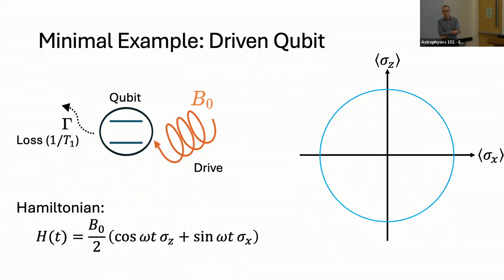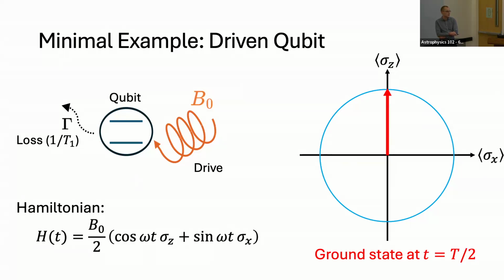Here I'm drawing some cross-section of the Bloch sphere. On the y-axis is the expectation of sigma z, the x-axis is the expectation of sigma x, and at time equals 0, my Hamiltonian is just sigma z. So the ground state is the state of minus sigma z. So my ground state in the Bloch sphere is pointing down at time equals 0. At time equals a quarter period, my Hamiltonian is plus sigma x, so my ground state points to the left on the Bloch sphere. At time T over 2, so half of a period,